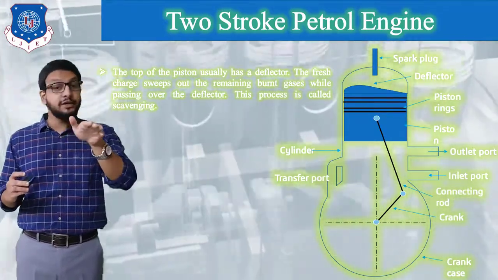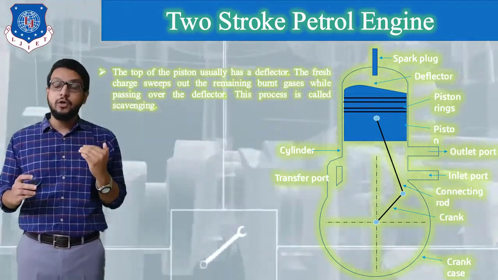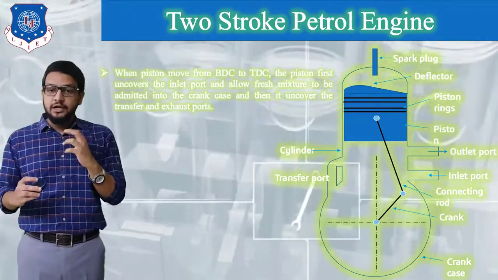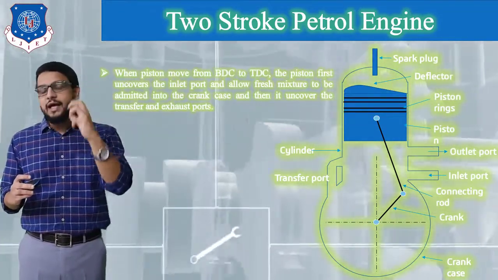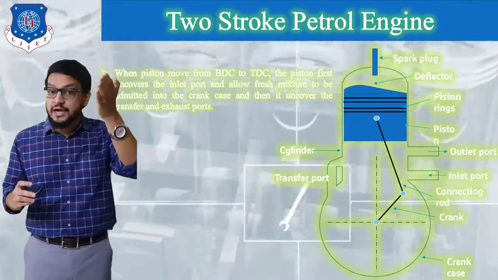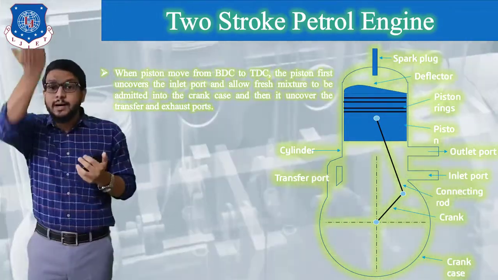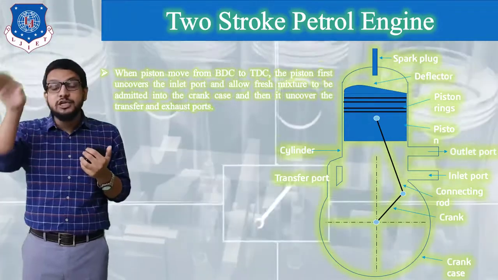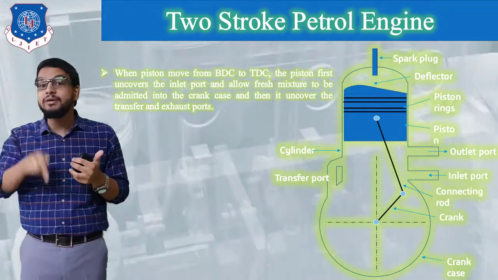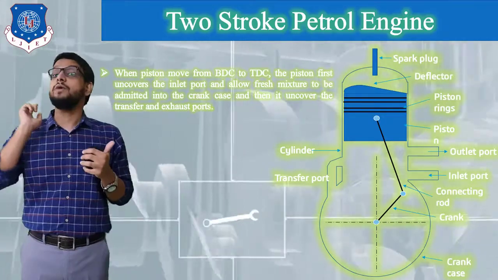Now one stroke has been completed, that is, the piston has reached its BDC position. Now what is going to happen? In the second stroke, the piston will move from its BDC towards the TDC side. In this stroke, whatever air and petrol mixture was transferred from the crankcase to the top side of the cylinder by means of the transfer port will be compressed, which means during this upward motion the air and petrol mixture will be compressed. So the compression will be performed on the top side of the cylinder. At the same time, on the bottom side of the cylinder in the crankcase, partial vacuum will be created.